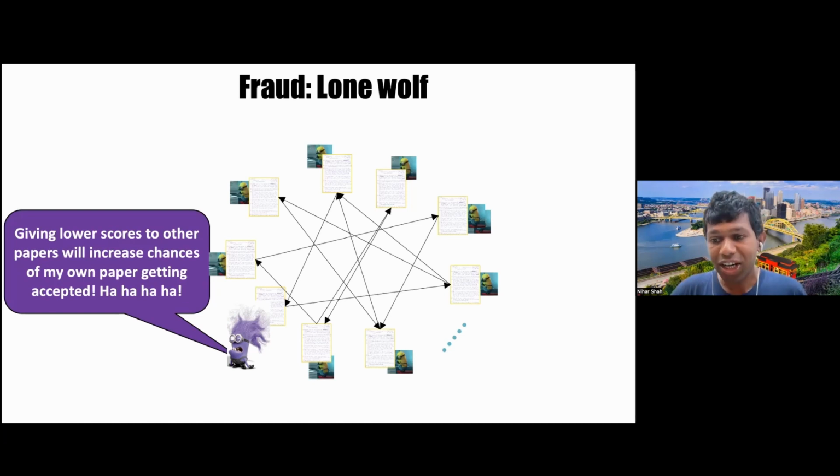Now if you are an author who submitted a paper, and you're also a reviewer for the conference, then you know that if you reject the other papers, it increases the chances of your own paper getting accepted. This has been found to happen, and it has been discussed ad nauseum. There are some controlled experiments which have found this effect. This is what we call lone wolf: the reviewer is acting on their own. In this competitive setting, they'll try to manipulate the reviews of the papers they're reviewing in order to increase the chances of their own paper getting accepted. Okay, any questions about this issue?